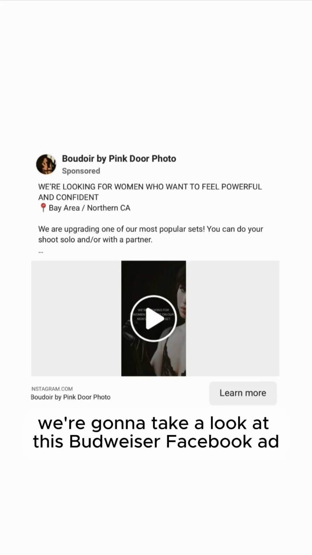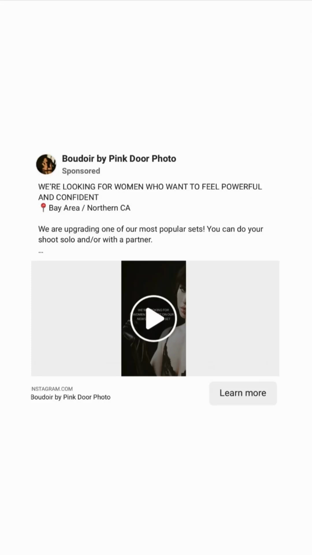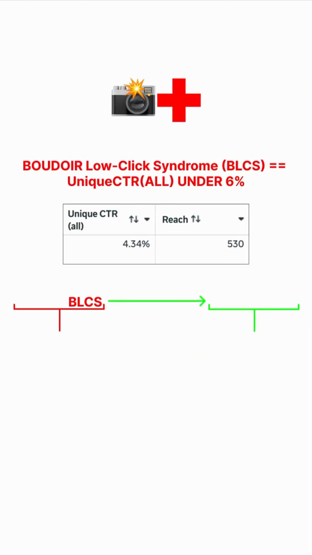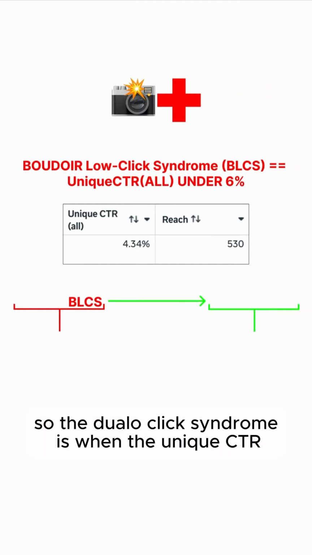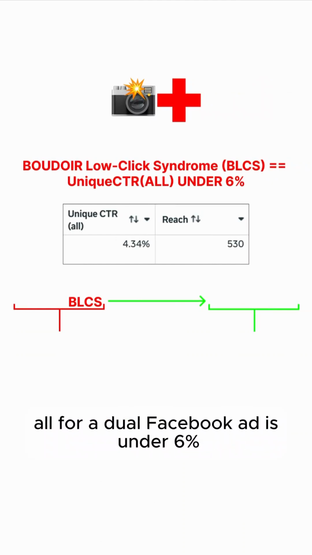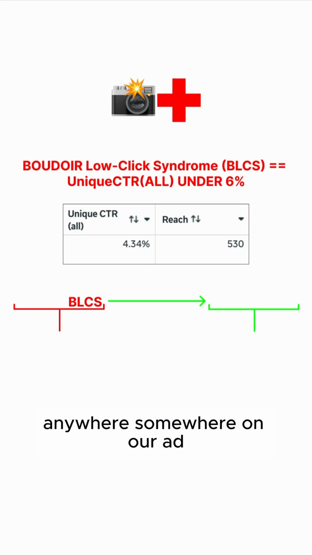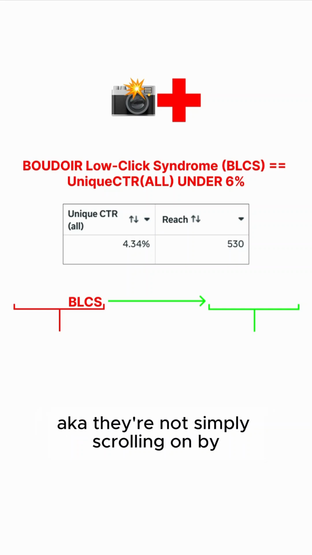All right, y'all, we're going to take a look at this Boudoir Facebook ad. We're going to diagnose it, see if we believe it has BLCS, aka Boudoir low click syndrome. So Boudoir low click syndrome is when the unique CTR all for a Boudoir Facebook ad is under 6%. That means fewer than 6 out of 100 women are clicking anywhere, somewhere on our ad, aka they're not simply